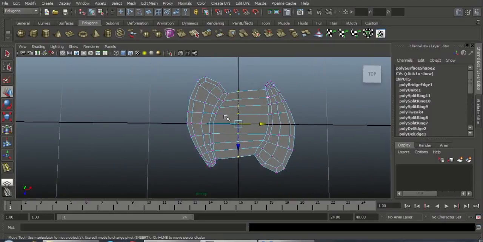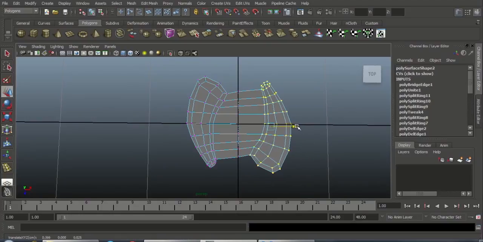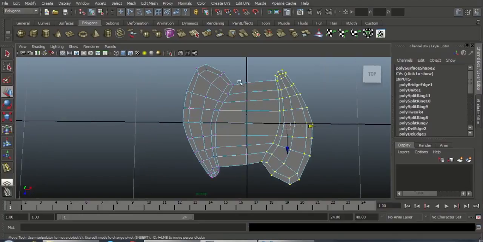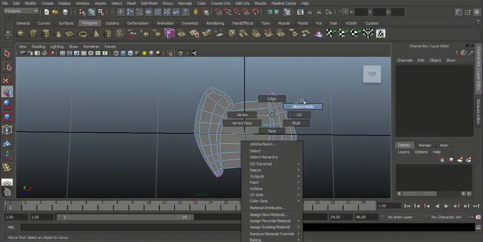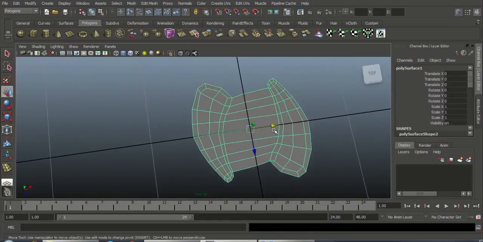See here, see this distance and this distance. This distance is so high. So I select this vertex and move it a little bit. You want to maintain even distance. Okay. See here, here we got a small distance, and here also we got a small distance. So go to object mode and then